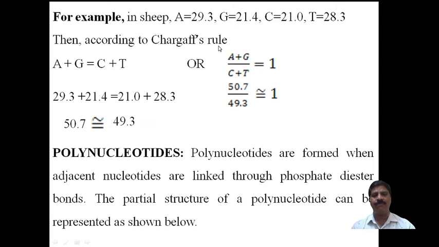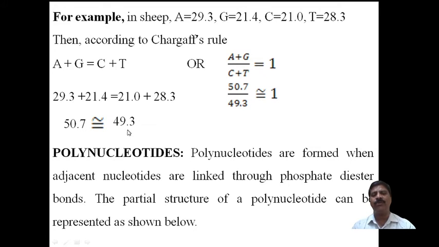Then, according to the Chargaff rule, we can write A plus G equal to C plus T. You have to substitute the values in this equation, or another equation can also be used: A plus G divided by C plus T, which becomes 1. Now here, 29.3 is adenine, guanine is 21.4, cytosine is 21.0, and thymine is 28.3. After adding, this becomes 50.7